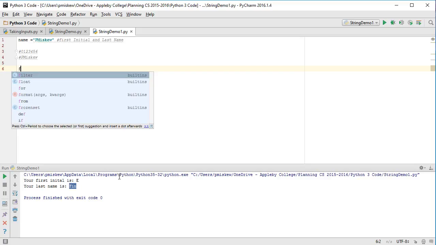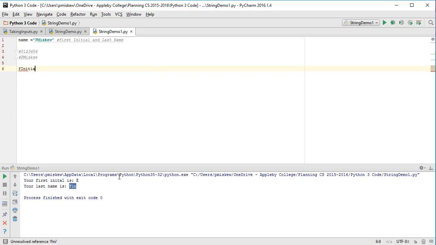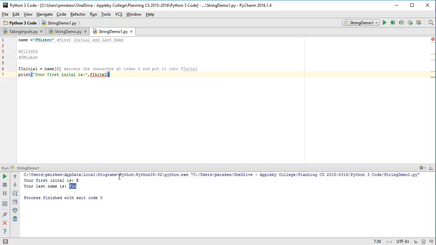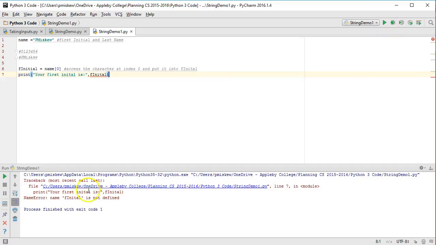So let me show you. I'm going to make a variable called finitial for first initial, and if I type the string name and open a square bracket and put 0, this will access the character at index 0 and put it into finitial. So if I then go down here and say print, your first initial is,